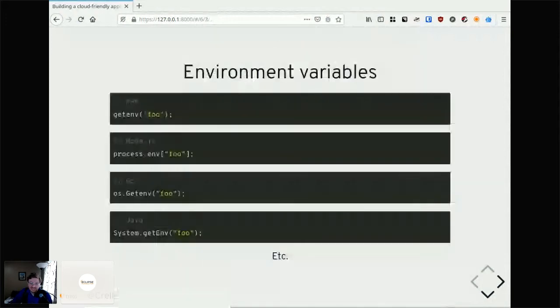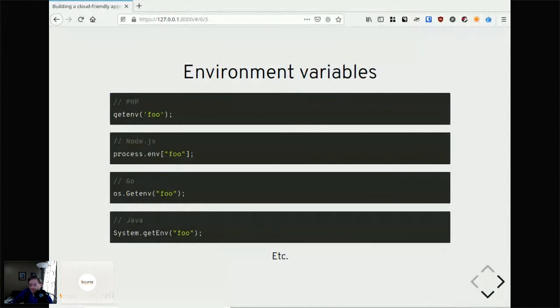How do we solve this? Environment variables. One of the oldest parts of the stack, environment variables. They've been around in Unix since the beginning. Different languages have different APIs for it, all the same thing. Sometimes there's wrapper libraries as well. Cool, whatever. But all environment-specific configuration gets injected this way,